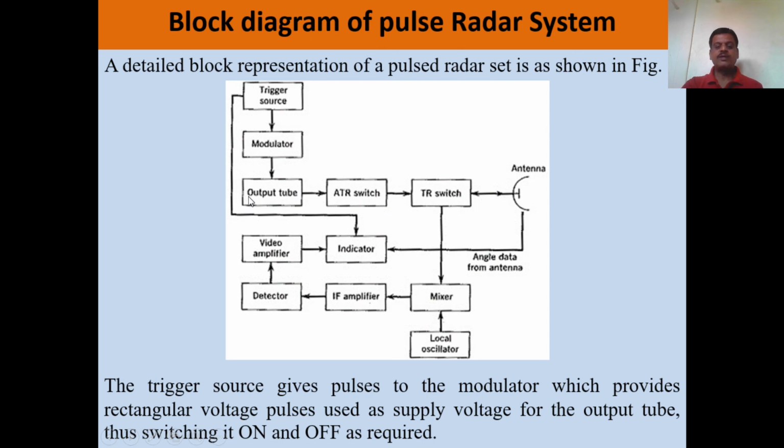And that voltage in the form of pulses can be switched on and off as required. Therefore, such a voltage is given to the output tube,